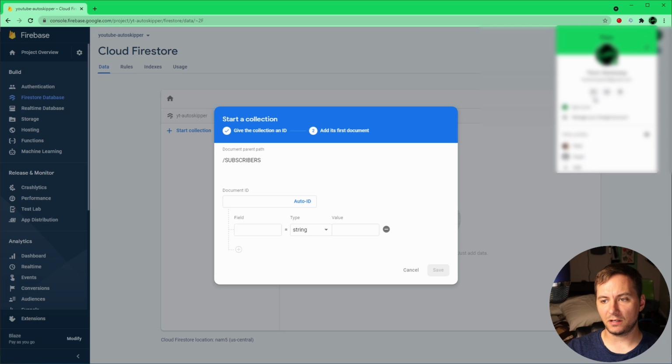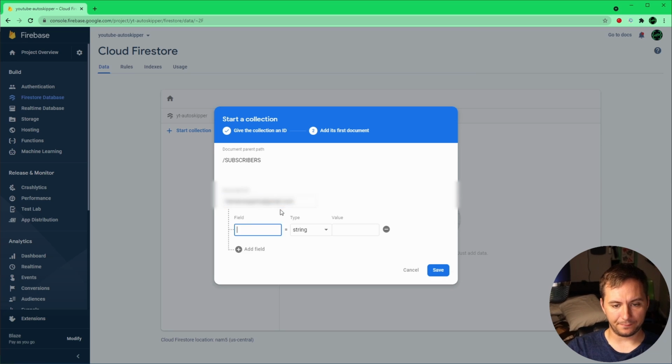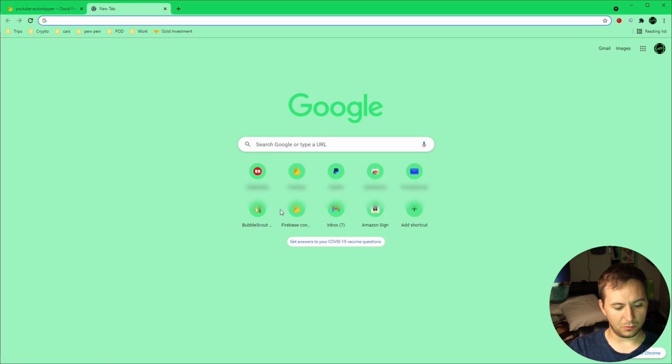So you just click over here. It should give you your email right underneath your little picture. So if you take that email, put that as your document ID, and then we're going to be adding a subscription date,